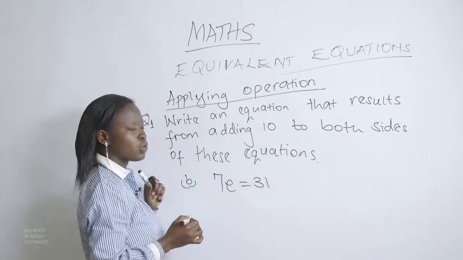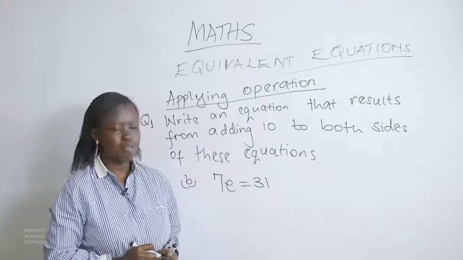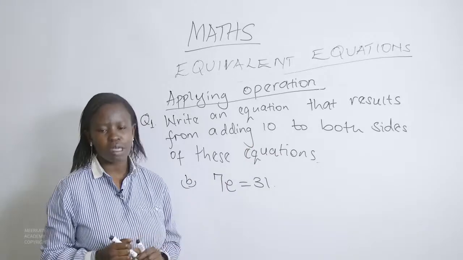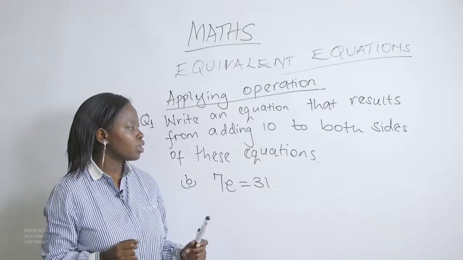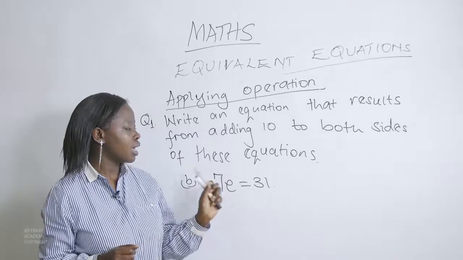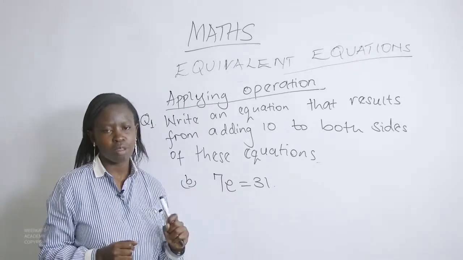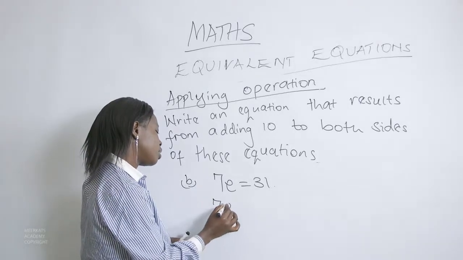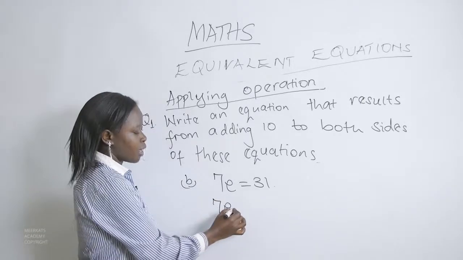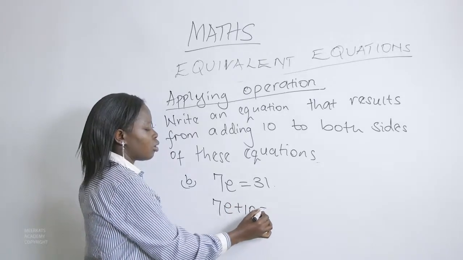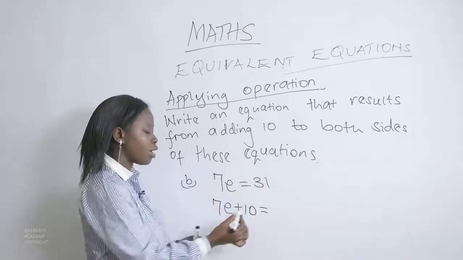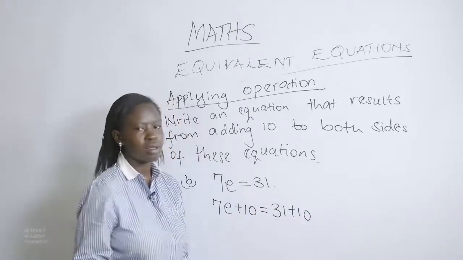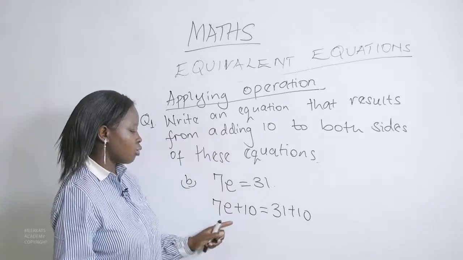The next equation we have is 7e is equal to 31. The question is instructing us to get the equation after adding 10 on both sides. So this means that on my left hand side I add 10, so I have 7e plus 10. On my right hand side I also add 10, so I have 31 plus 10, and we discover that